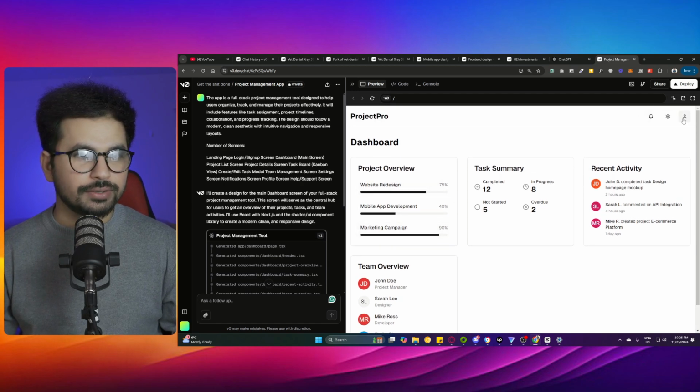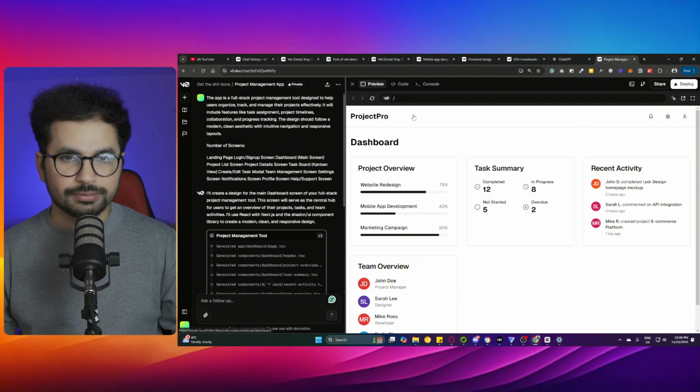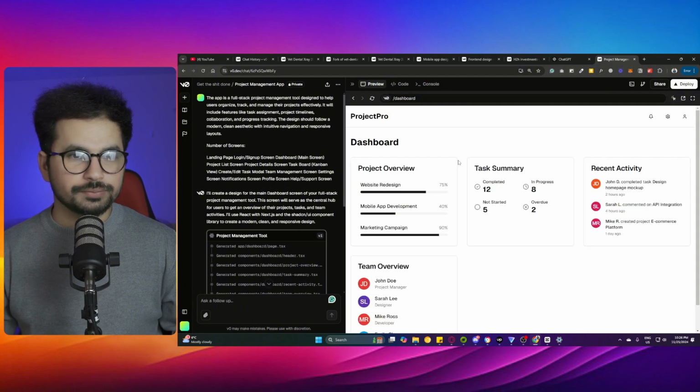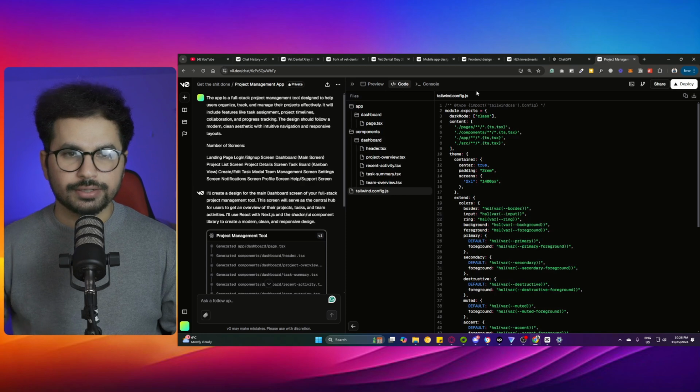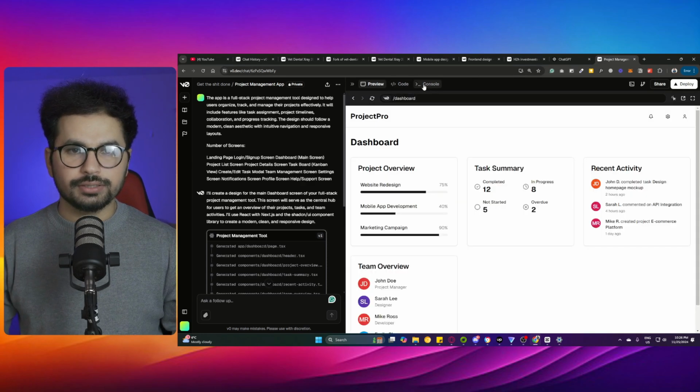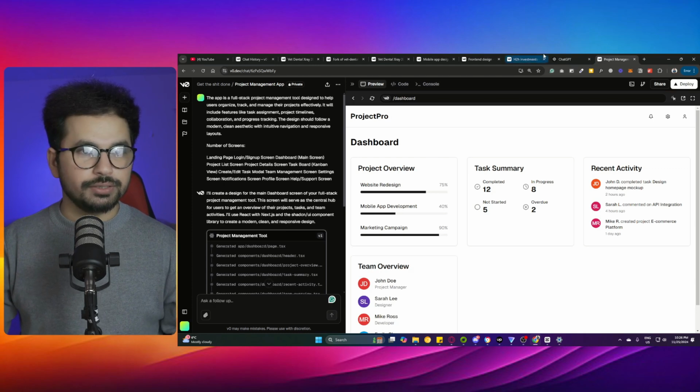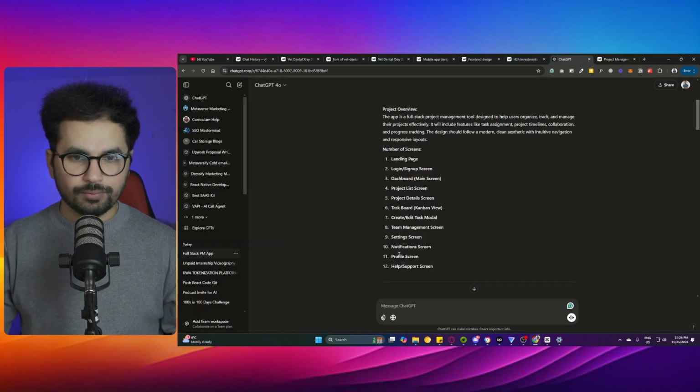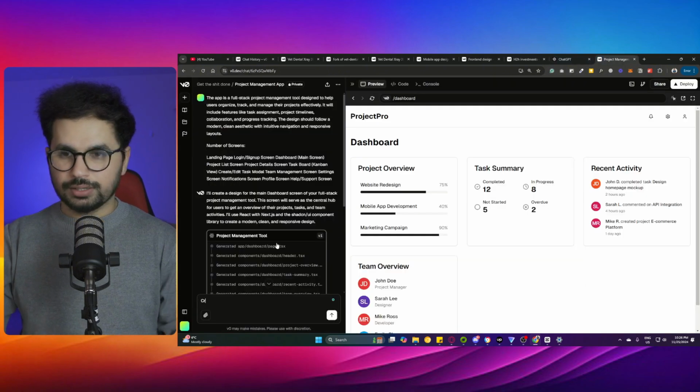Let me just click on something, and let me just see if we can open a different directory. Right now it's just a front end. Let me just click on one of these buttons, but there is no other directory actually. Let me just ask it to create a new directory. Create a new page. Create a separate